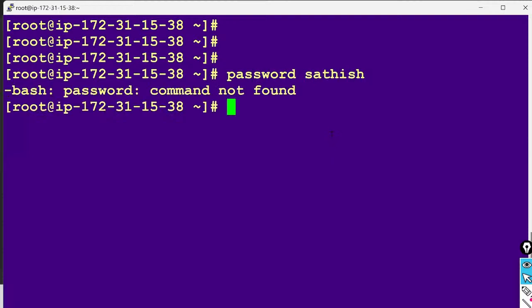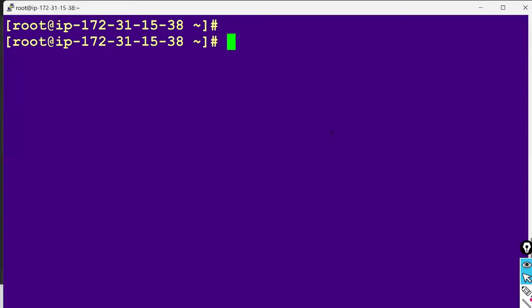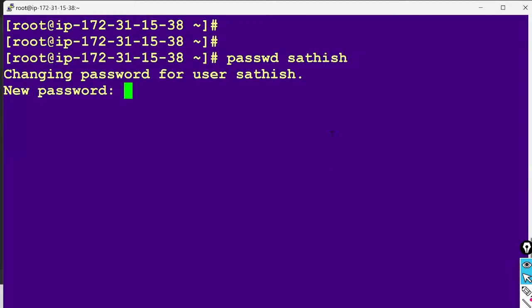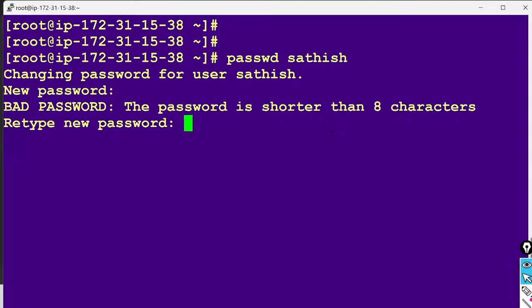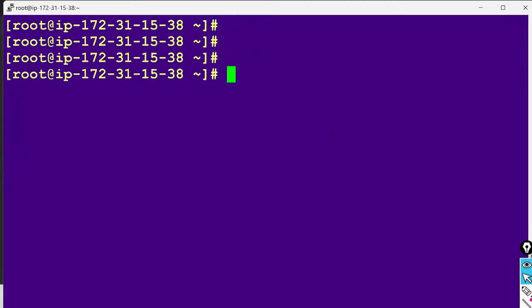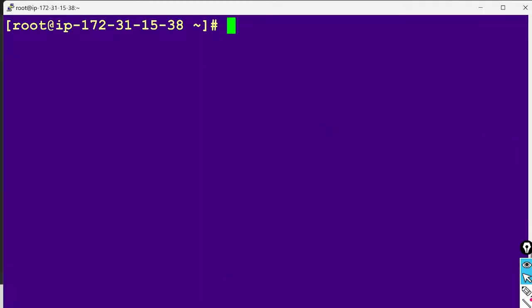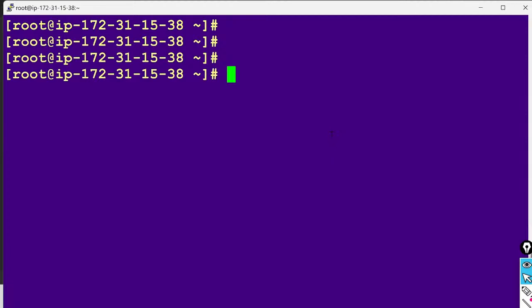So we created the users and their passwords also.